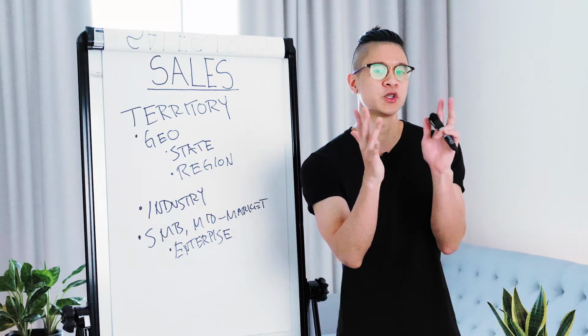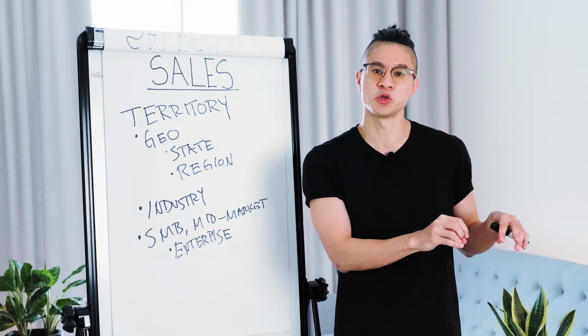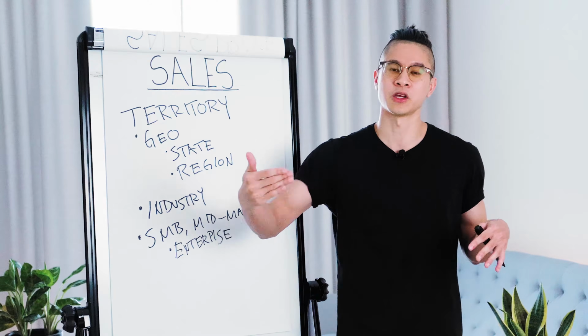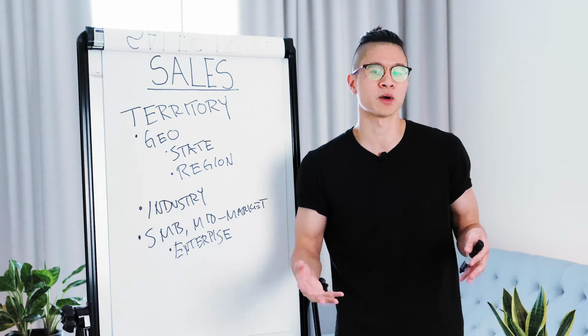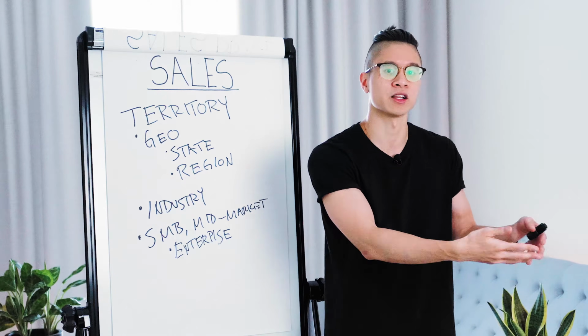But if you're selling into smaller companies where the deal size is smaller, maybe $1,000 or $2,000 per deal, then you're going to have to do more volume in order to hit your quota. So it really depends on what you're trying to do. Do you want to sell into big companies and have a few deals, or do you want to sell into smaller companies and have a lot of different deals, right?